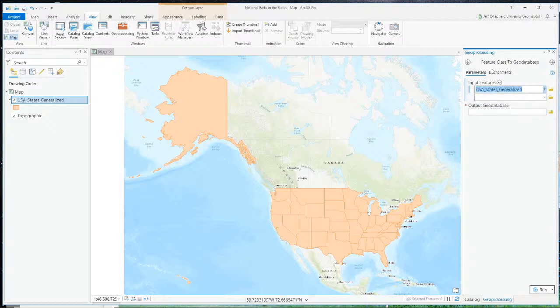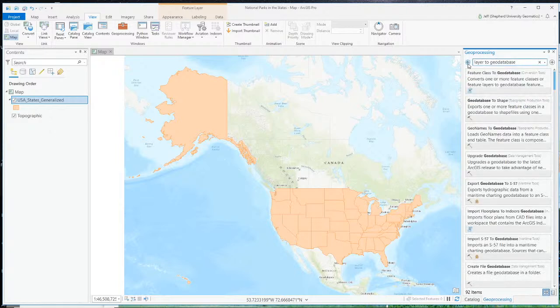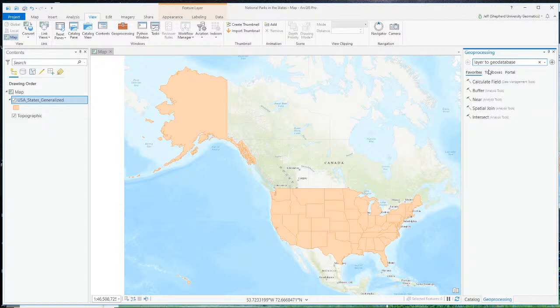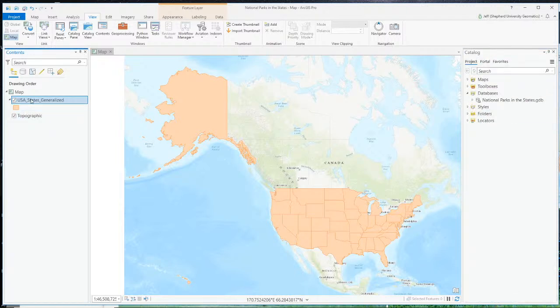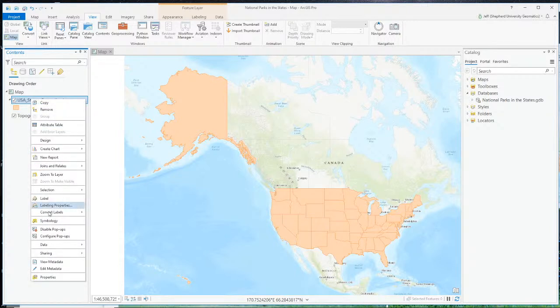So I'm going to use this tool, Feature Class to Geodatabase, and you could output this feature class into a geodatabase. There's another tool. I don't know why I can't find it right now. I don't think I've ever used it. I've always just right-clicked on here and done Export Features,